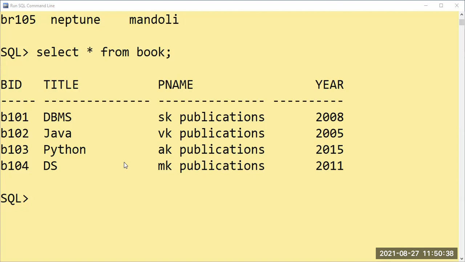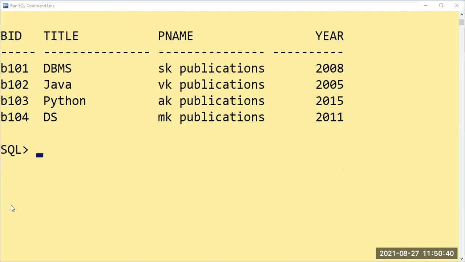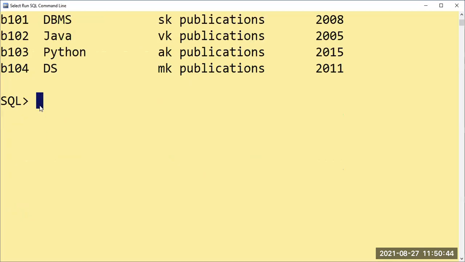Book over author. Select star from author.